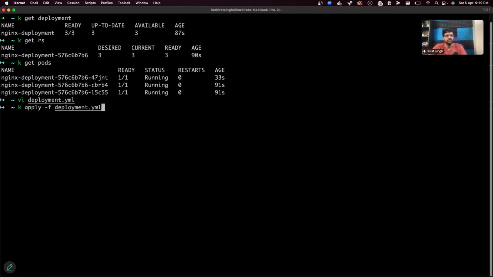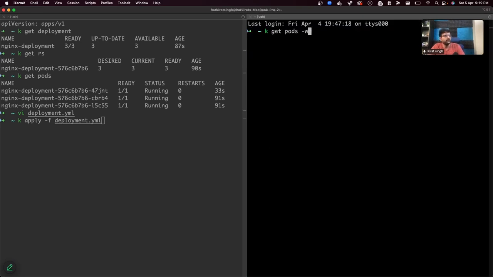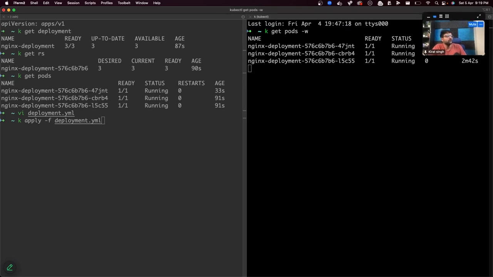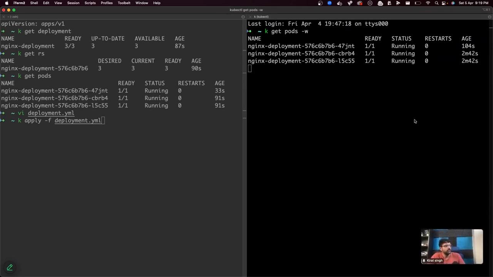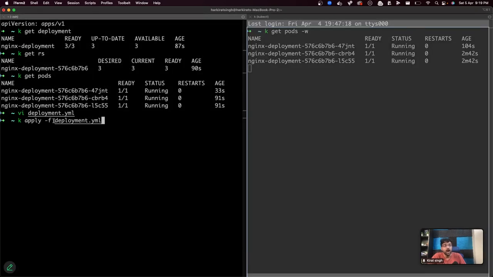Reapply deployment.manifest. And while this is happening, in the other tab, let me do a kubectl get pods -w. Let me watch for the pods. So right now 3 pods are running, all of them running the nginx image. Now I am updating my deployment. I am telling the deployment here, please start the MongoDB image. So when I do this,